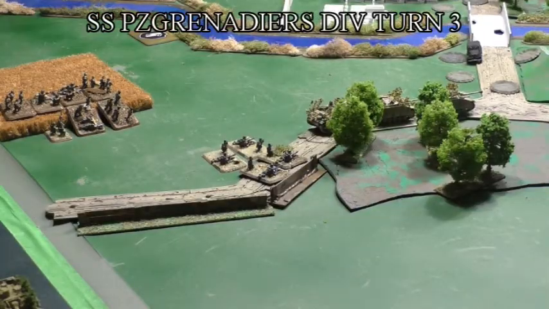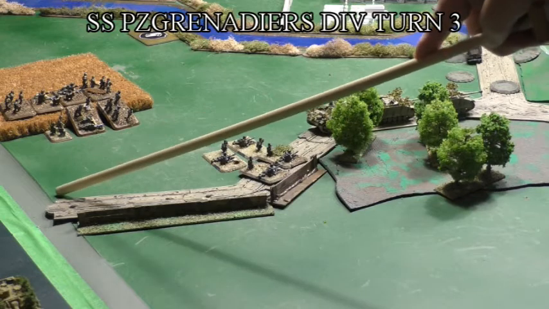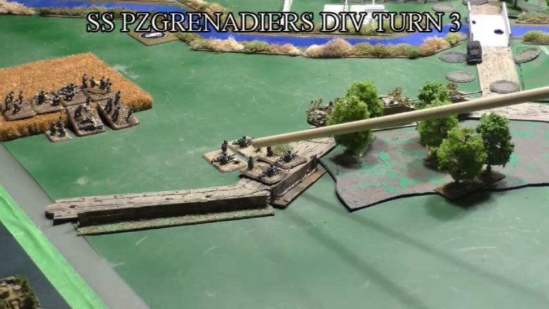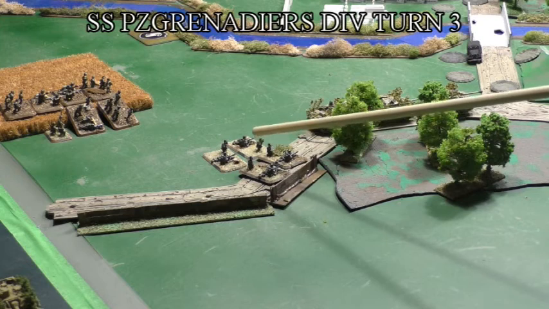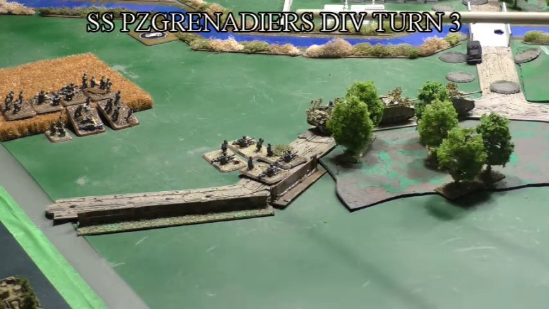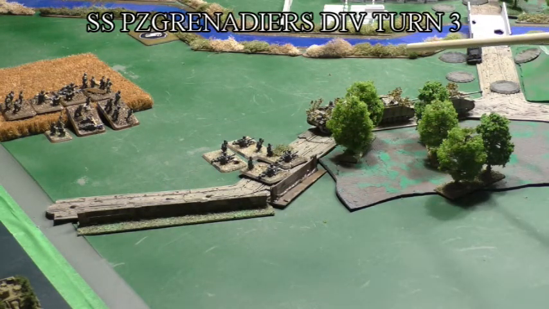Also from the deployment area and from the Vanguard, we have my 2nd platoon of SS PanzerGrenadiers. They move from 16 inches over here. My MG42 moves 8 inches from the center of the table. We are not too sure where I want to place them right now, so they are just moving in the center. While my 3 Stug arrive from the road,